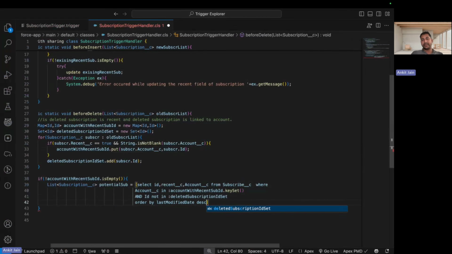And it should be available in the descending order, because that one should come on the top. So for each account, whatever subscribers are available, I am getting all the subscribers sorted based on the last modified date. Right now, the next thing that I will do here is iterate over this potential subscriber,